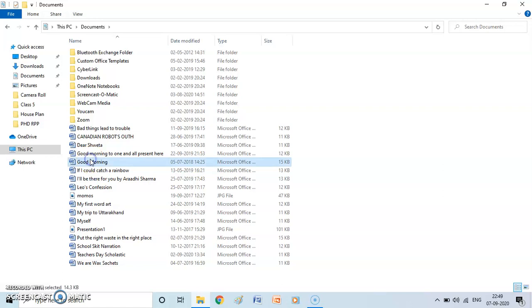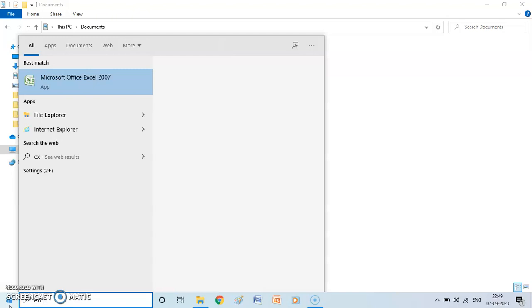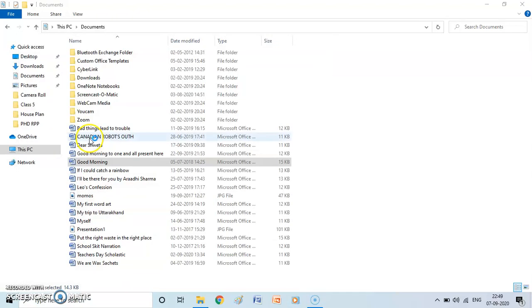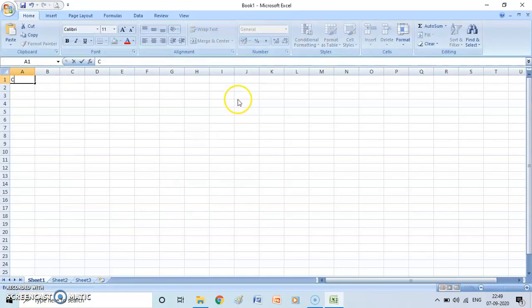These are my documents, the Word files. If I want to save something in Excel, let me show you what a spreadsheet looks like. If I write something in MS Excel, say I want to write the roll number of all the students in class, so this is student A, roll number 1, student B, roll number 2, student C, roll number 3, student D, roll number 4.